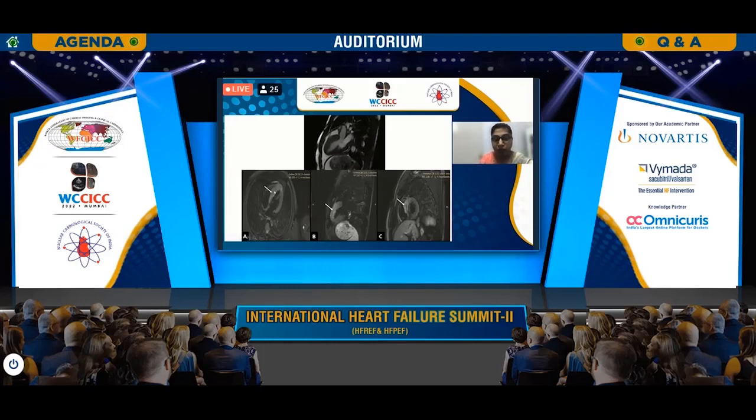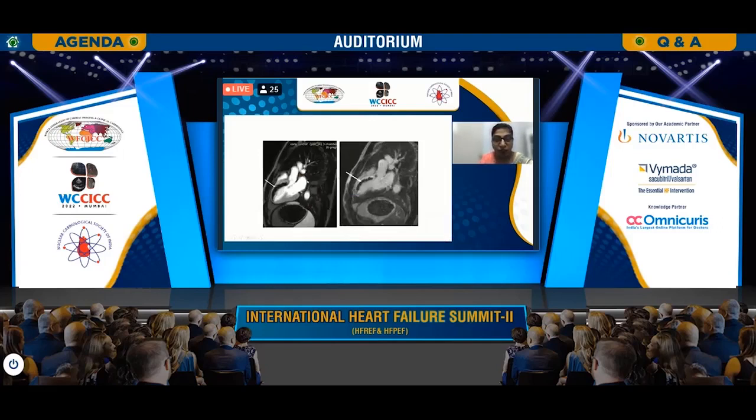On T2, there was edema, which was picked up on all the sequences. But when the perfusion sequence was done, what was seen was that half of the thickened myocardium did not pick up any contrast at all. So this was suggestive of a thrombus or an infarcted region. And late gadolinium enhancement was done, and it showed that the rest of the myocardium, which was showing some enhancement, now retained the gadolinium, suggesting there was fibrosis. So there was an infarct in the anterior wall with an underlying adherent thrombus.